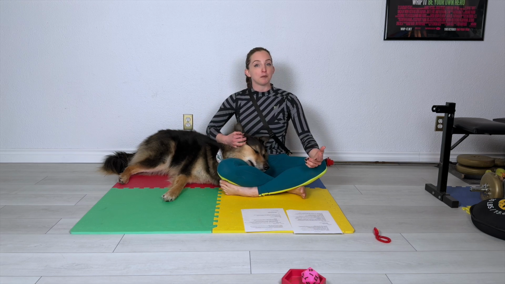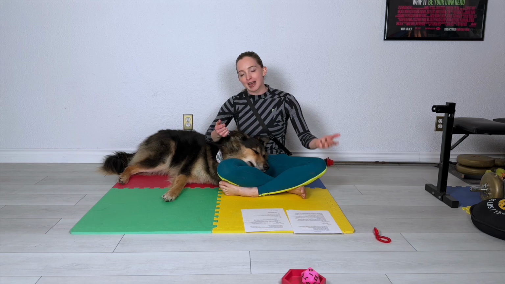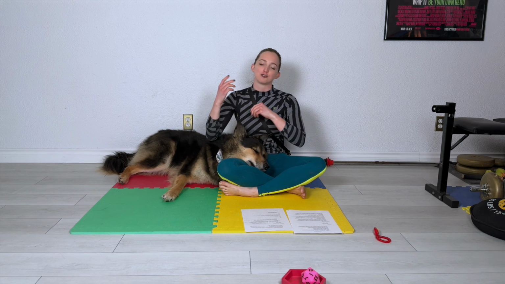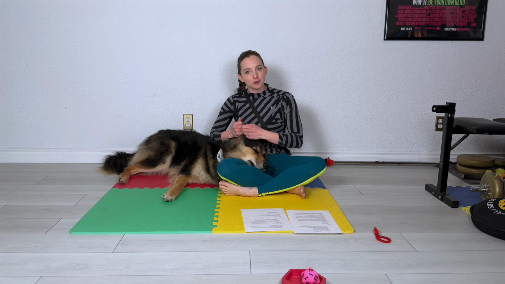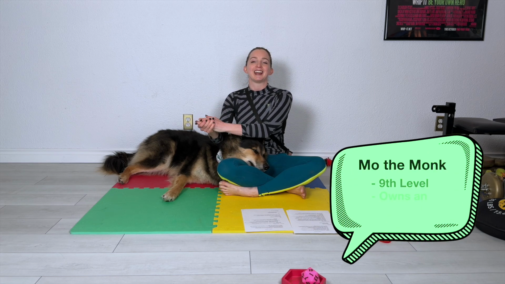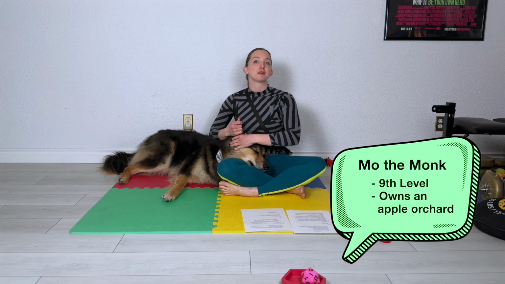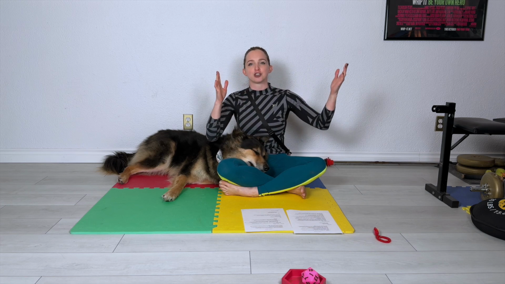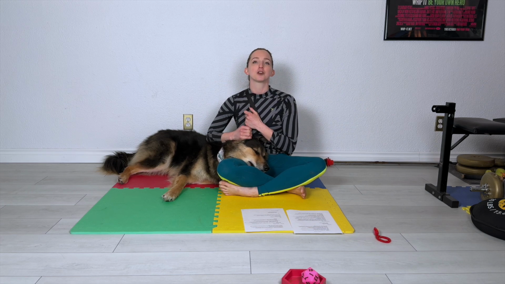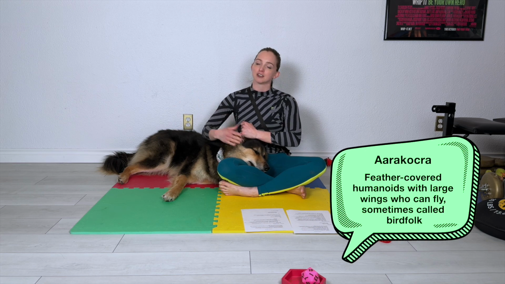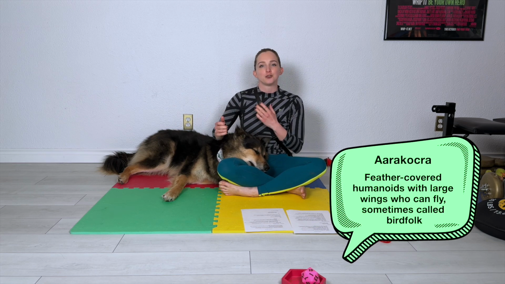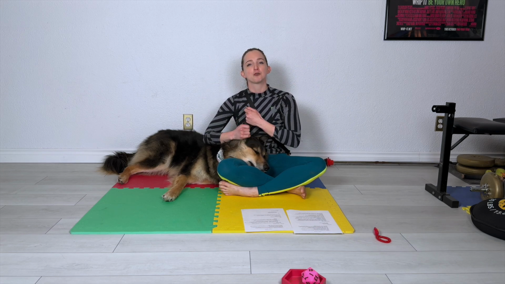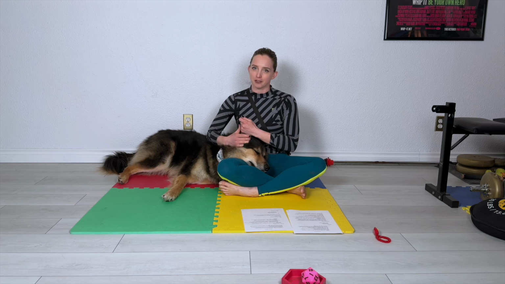They run an apple orchard, because we needed to get our Newton apple drop gravity reference in, because a lot of the examples I was finding when trying to learn about these laws dealt with gravity. So a 9th level monk named Mo who owns an apple orchard, and just for fun, to give them an extra direction to escape in, we're gonna make them an Aarakocra. This is a bird person in D&D, so now if they're trying to dodge and evade, they can also go up, which felt appropriate since we're dealing with forces and directions and all that fun stuff.